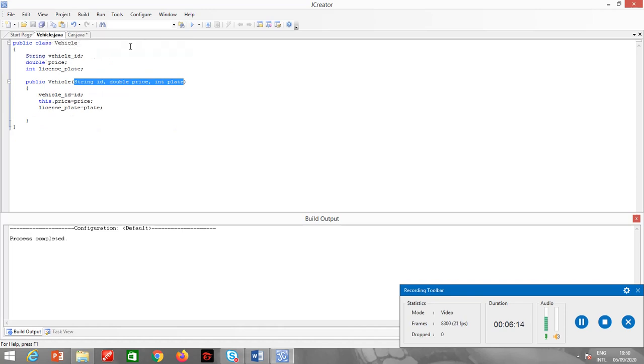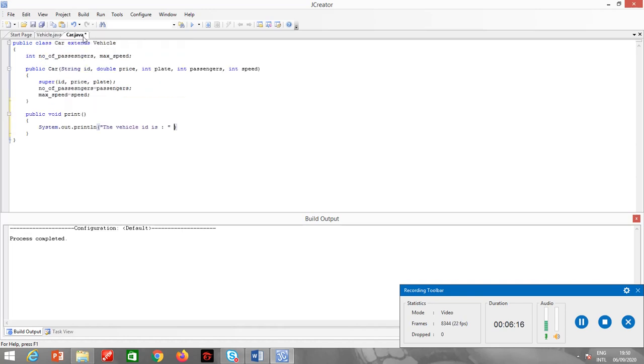The vehicle ID is plus vehicle underscore ID. Same thing I will do with the other instance variables also. I just have to print them.